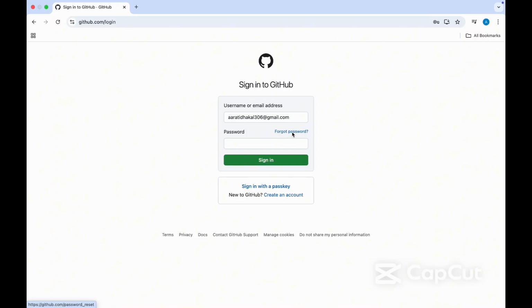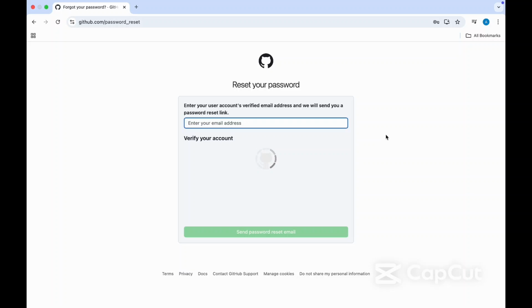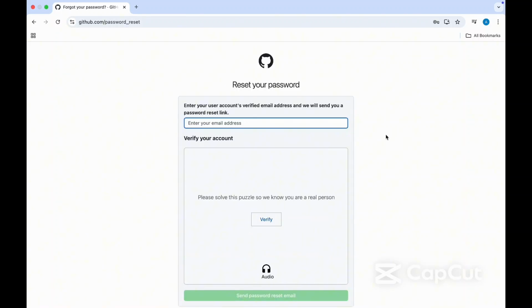Then you will be navigated to solve a simple CAPTCHA on your device. Let me just tap on the forgot password option available here. Then simply tap on the verify option available and solve this CAPTCHA. Once solved, a reset password option will be available on your Gmail, and all you have to do is